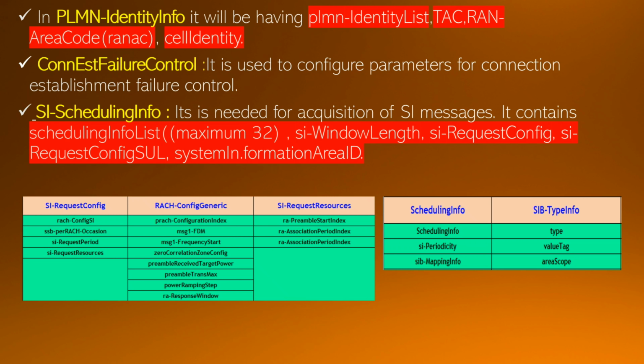The information element SI request config SUL corresponds to when there is a SUL frequency. We have already discussed that SUL.